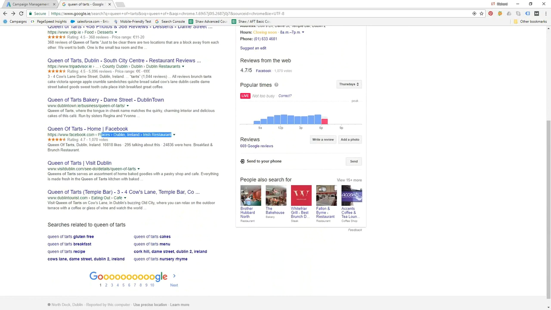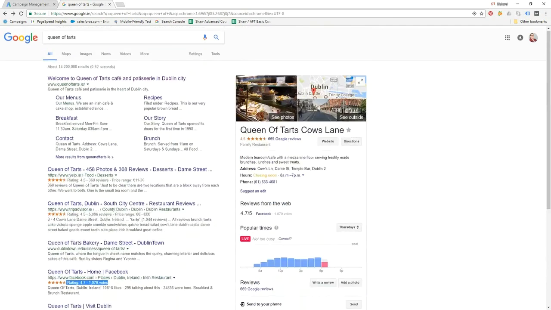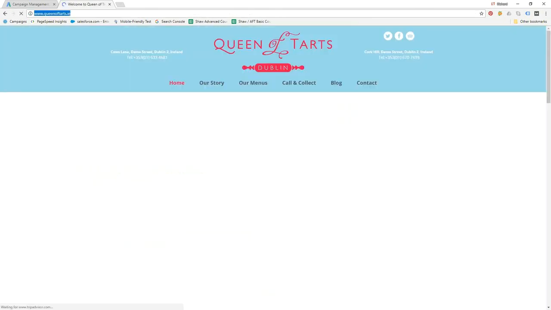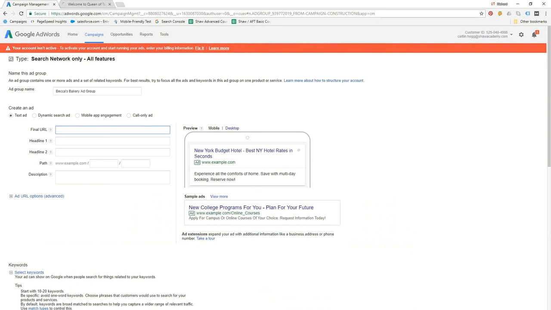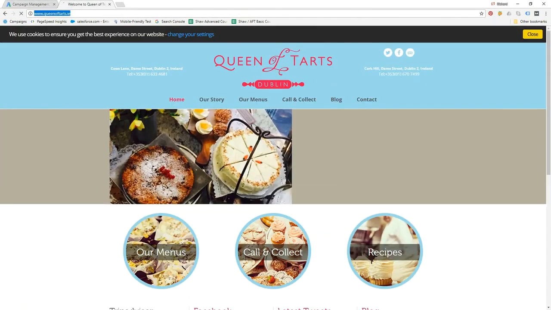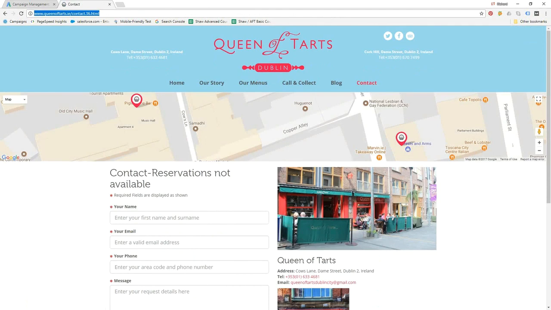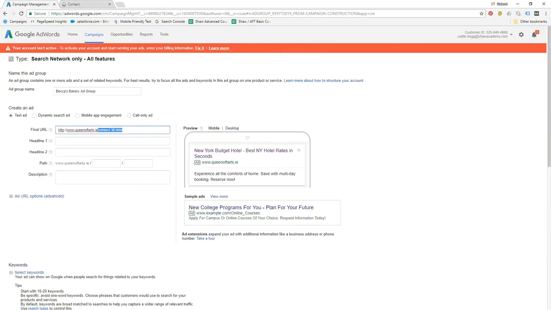Because you see it doesn't appear on everything, but they've opted for that. Alright, so what we're going to do is we're going to steal their link. Not that this is actually going to run, so we've got that. Our headline, that's where we want to drive people to. Or rather say contact. We want the contact page. Let's say queenoftarts.ie, so you just keep that one nice and tidy, but we want people to go here. Cool, so our first headline,